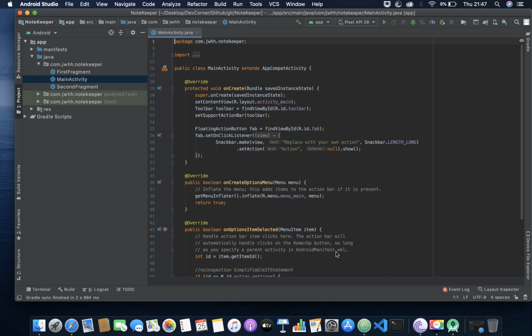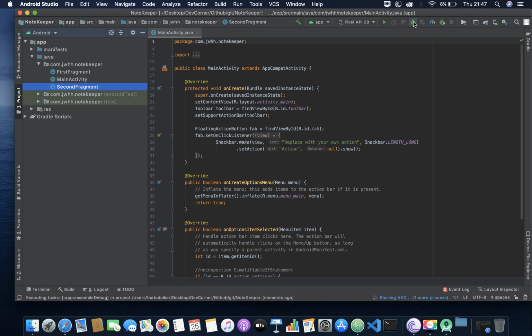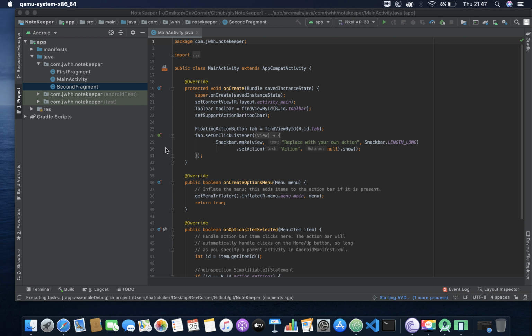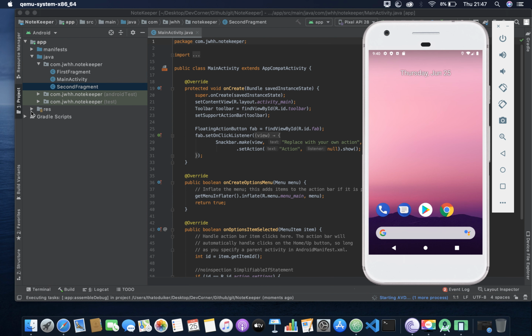Okay, so it's completed. The application is built successfully. Before we do anything, we're going to run it just to see how it works. As you can see, you have first fragment, second fragment. Just run that. While we're waiting for it to open properly,